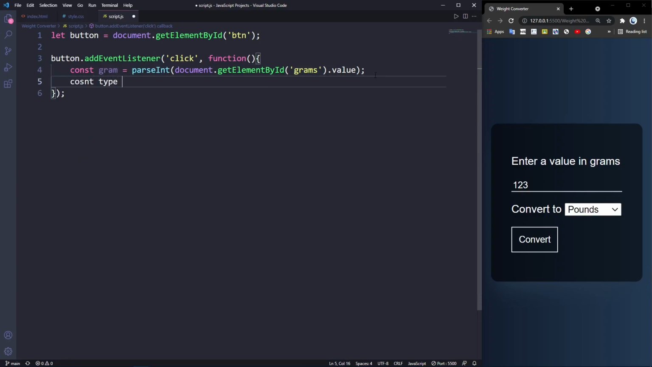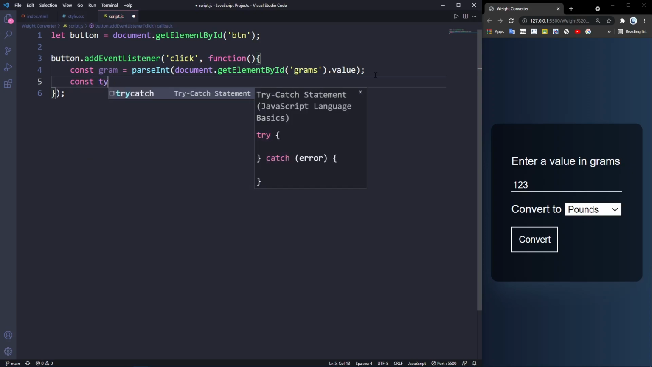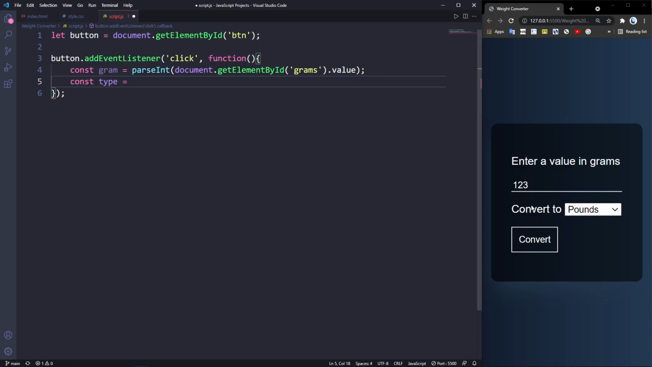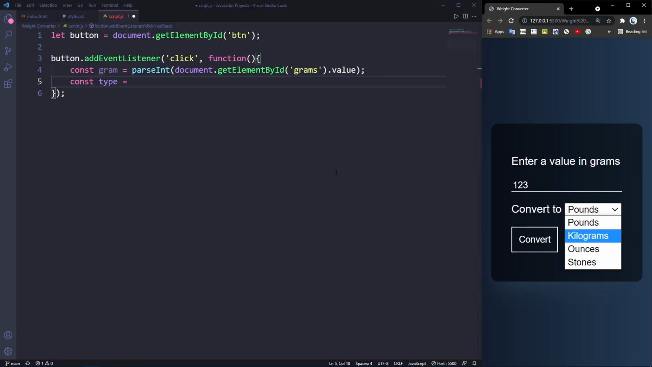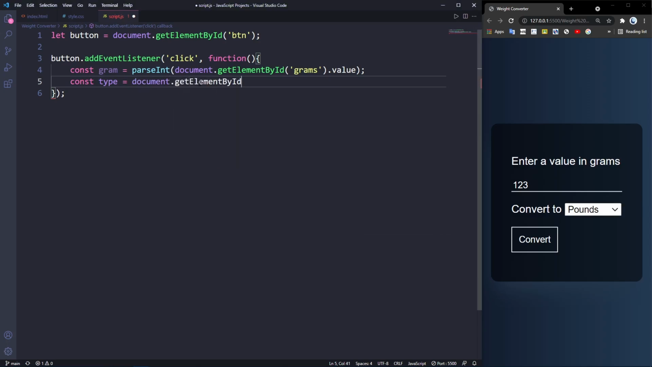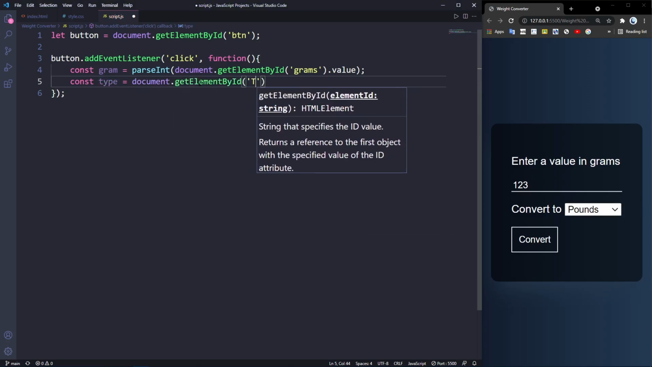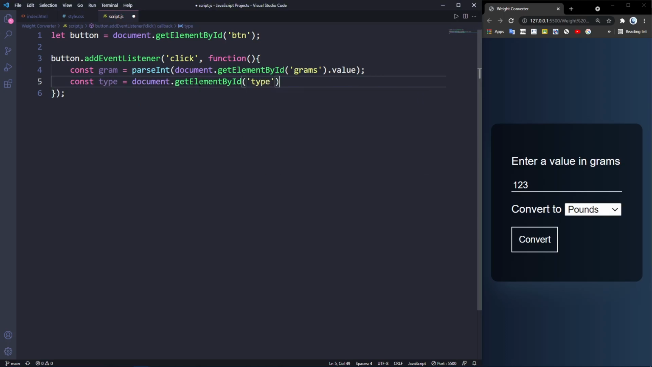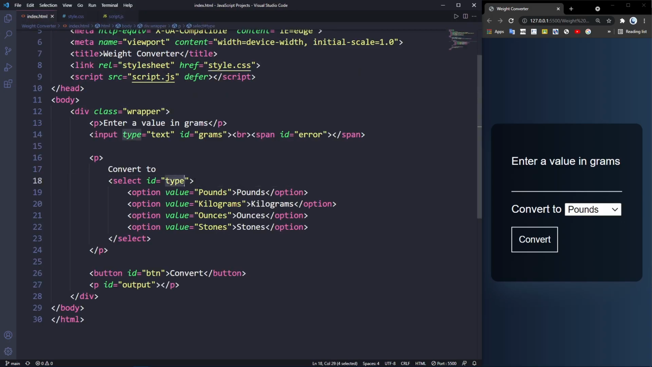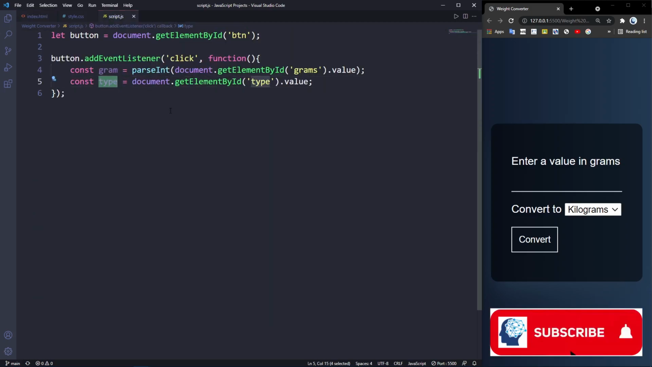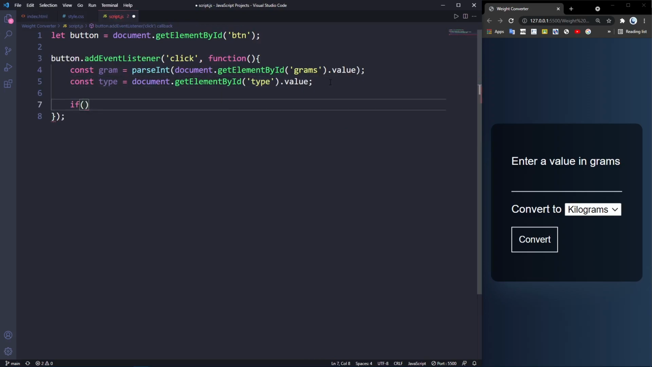Okay, so next I'm gonna hold the const type. This type is to check which type the user would like to convert to. Document get element by ID, getting the value from type. This ID type is coming from right here, and we grab the value. So if the user selects kilograms, it's gonna grab the kilograms value and store it into this type. Okay, so next we can use the if else statement to check if the user input is empty, and